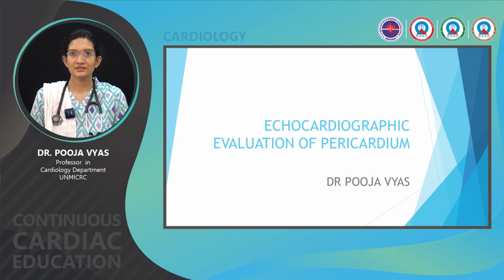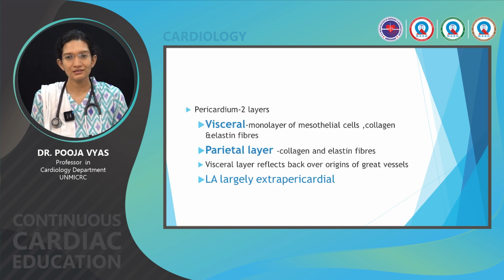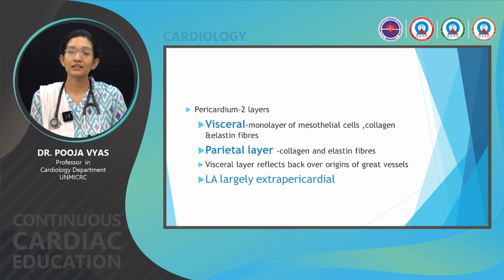Today we are going to discuss the echocardiographic evaluation of the pericardium. Let us start with the anatomy of the pericardium. The pericardium has two layers, visceral and parietal. The visceral layer is made up of mesothelial cells, collagen and elastin fibers, while the parietal layer is made up of collagen and elastin fibers. The visceral layer reflects back over the origin of the great vessels, so that the left